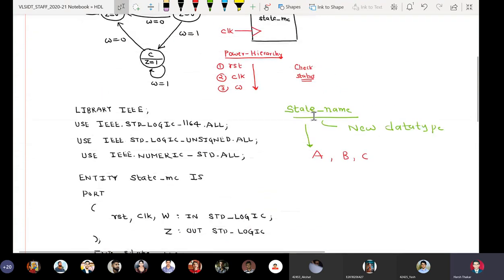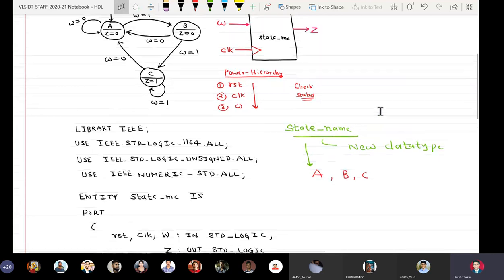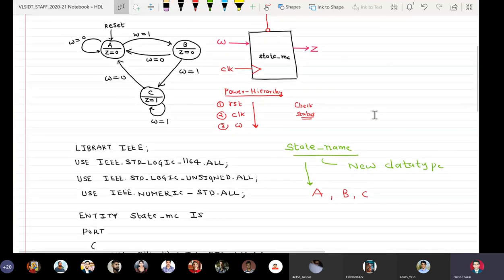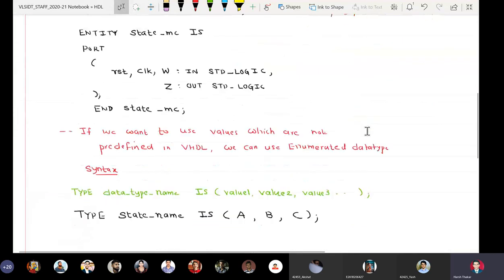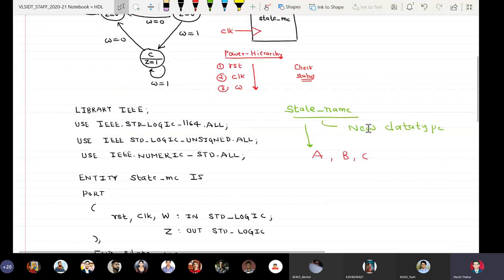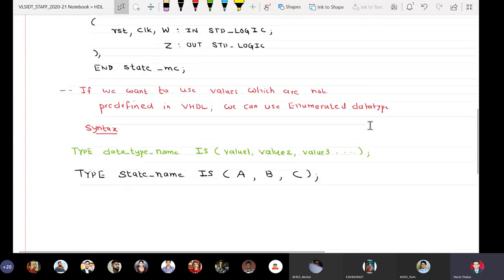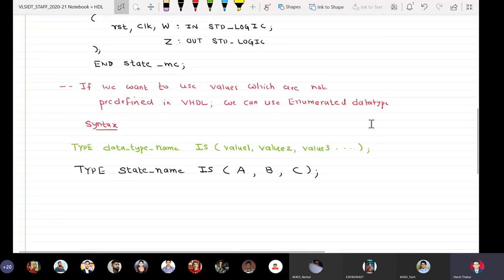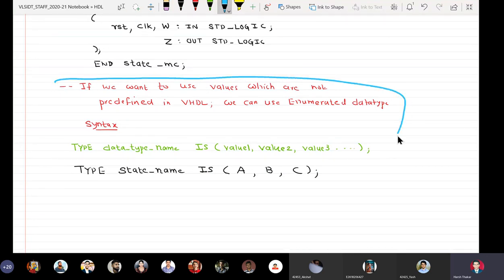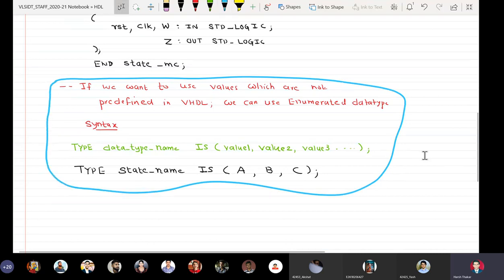I have defined one new data type named state underscore name with three values A, B and C, expressed as type state underscore name is A, comma, B, comma, C. Now please understand that we cannot write it here, it is just an example. So I will encircle this, telling that this is just an illustration and not a part of the program, but we are going to write this as a part of our program.